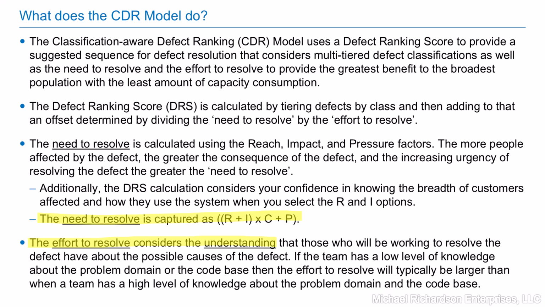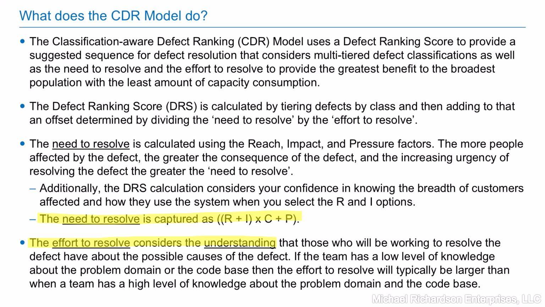considered. The overview video for the CDR model presented that it provides a way to sequence defect resolution efforts based on delivering the greatest benefit and satisfaction in the shortest time for a backlog of defects. The defect ranking score offset is determined by dividing the need to resolve by the effort to resolve, so that the most needed resolutions requiring the least amount of work have a higher defect ranking score within each class of